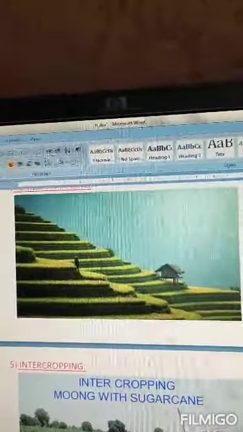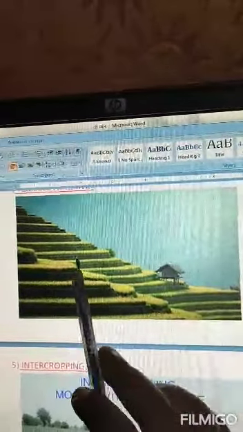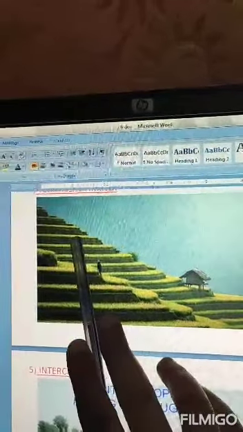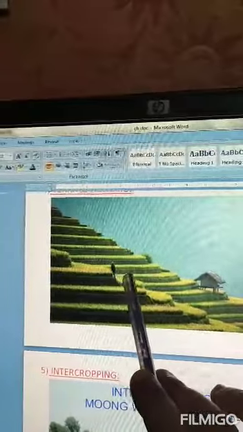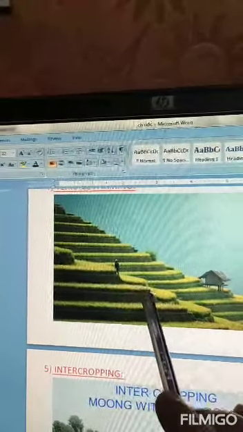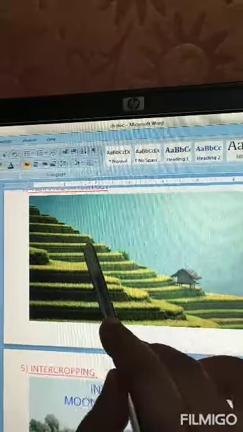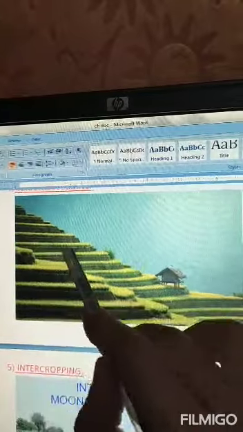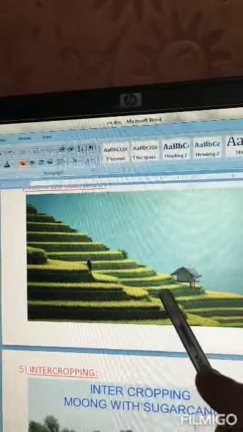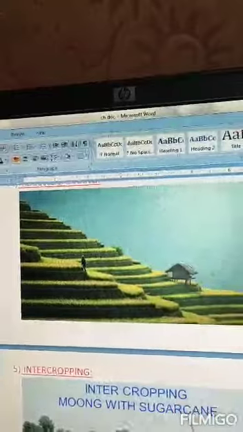Fourth is terrace farming. All of you have seen terrace farming in hilly areas. Fields are made in small terrace shaped steps along the hill, so that when the water goes running down the hill, at every step it keeps on depositing some of the soil. This is terrace farming.